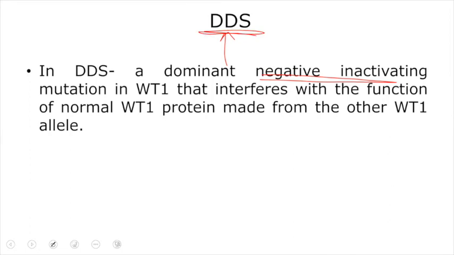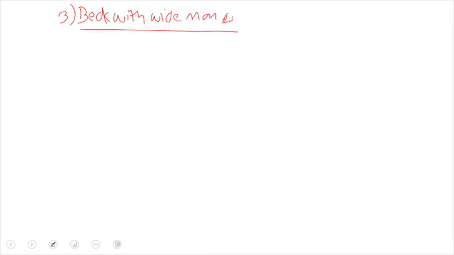And the third familial condition that we associate with Wilms tumor is Beckwith-Wiedemann syndrome. So let us discuss some points about Beckwith-Wiedemann syndrome. The difference here is that there will be a mutation in the WT2 gene, so it can be asked in MCQ. The gene that is defective is the WT2 gene, and this gene is also located on chromosome number 11. But the location of this gene is entirely different from that in case of the WT1 gene.